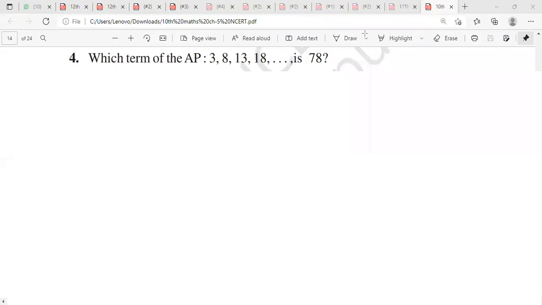So the next question of exercise 5.2 is question number 4. Which term of the AP 3, 8, 13, 18 is 78? आपसे पूछा जा रहा है कि आपको एक AP गिवन है और इस AP की कौन सी ऐसी टर्म है जो 78 होगी। तो देखो यहाँ पर वर्ड यूज है विच टर्म।